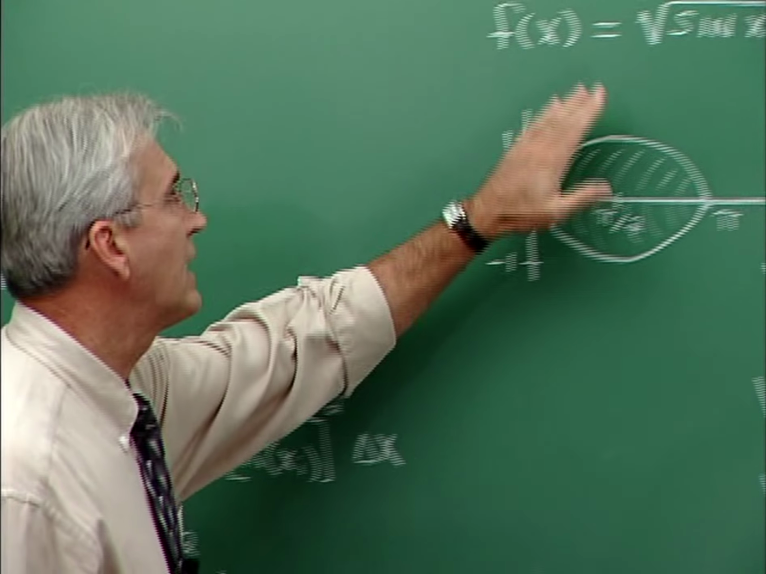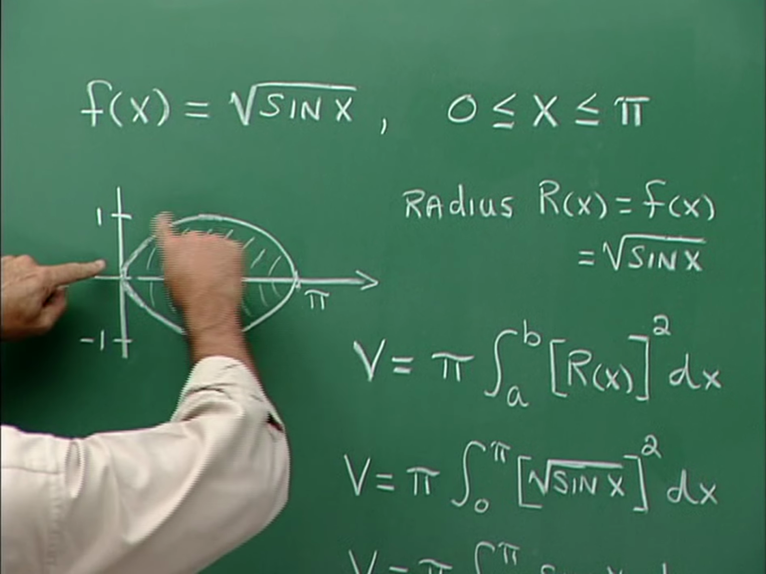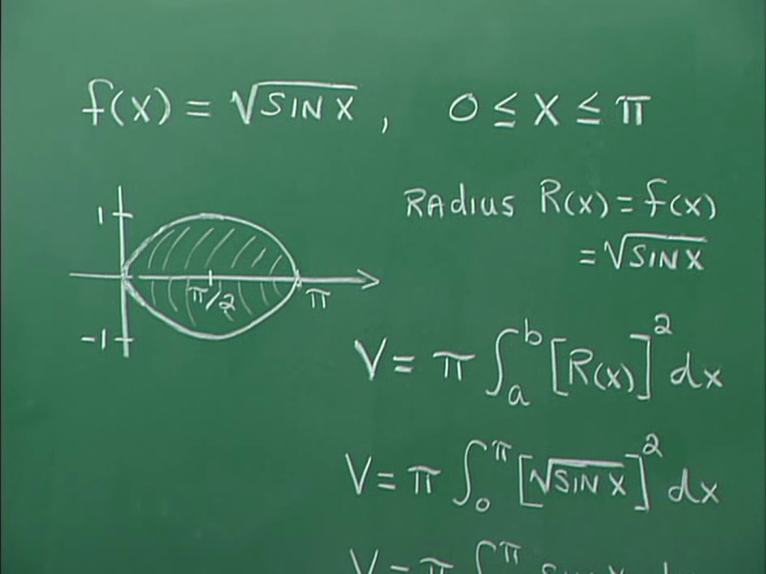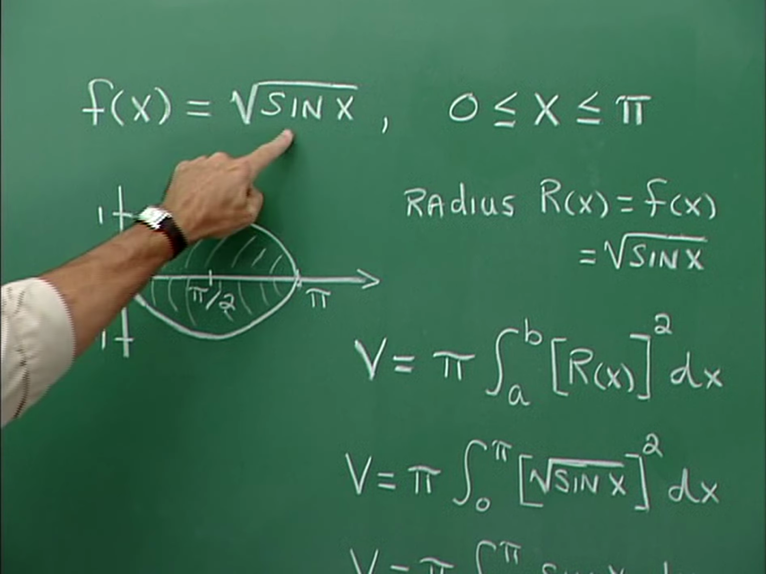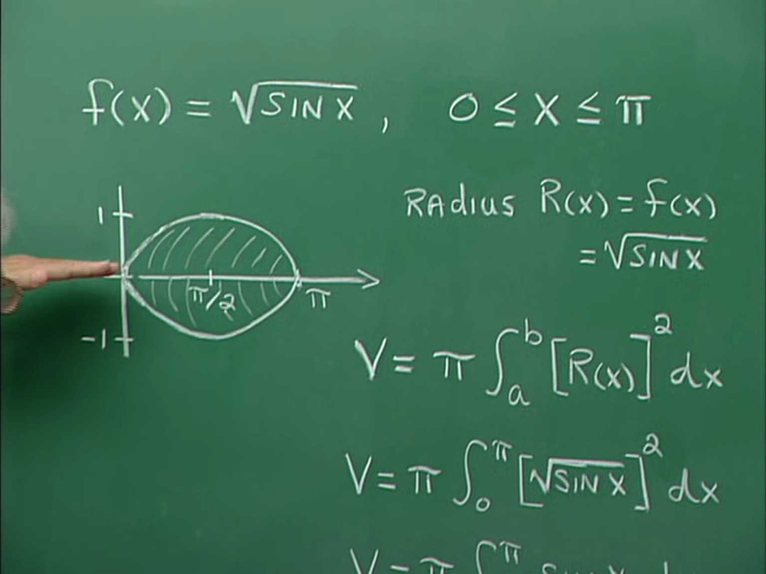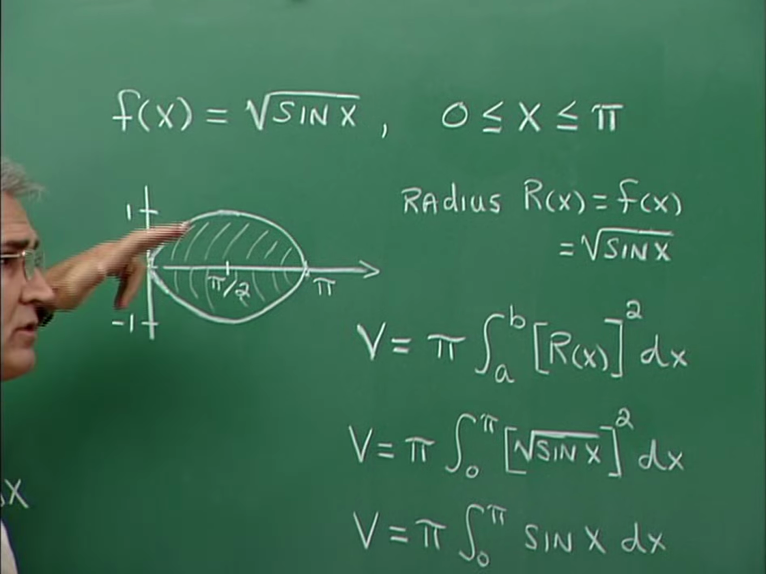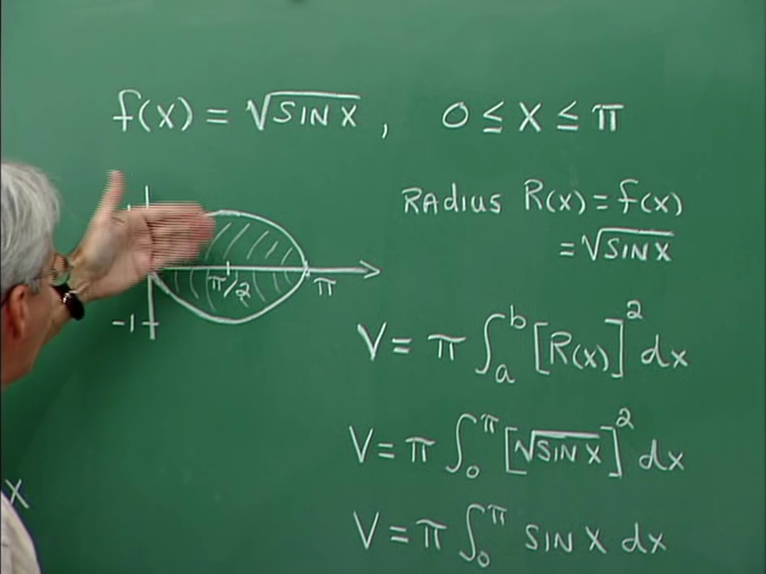Suppose we have f of x as the square root of sine x, and this is the graph. We want to find the volume of the solid which is formed by revolving the region bounded by the graph of this function and the x-axis, revolved around the x-axis. You see, we just revolve that